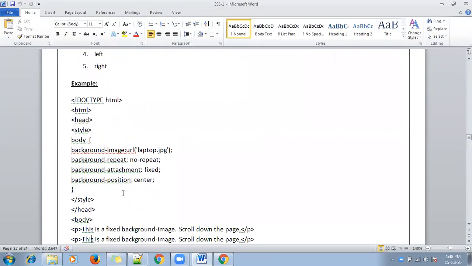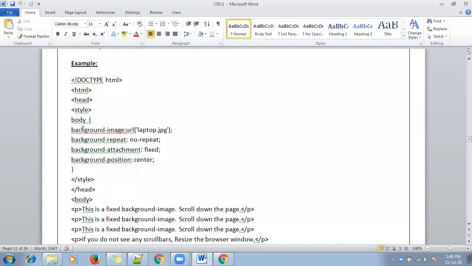In style, you have to mention the same things: background image, background repeat no-repeat, background attachment fixed, background position. If you mention background position as center, your image will automatically come into the center. If you specify left, your image will be on the left side. If right, it will be at the right. If top, on the top. If bottom, on the bottom.